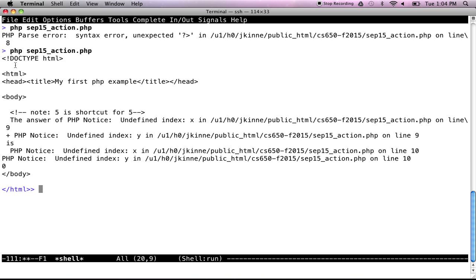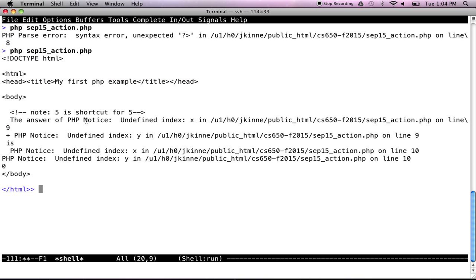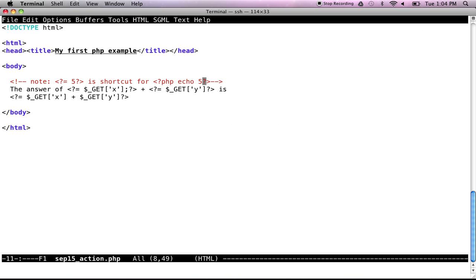It's a PHP file. What does it do? First, it checks that there are no syntax errors in the file. If there are no syntax errors, you're going from top to bottom, and anywhere there's just HTML, it's going to print that out to the file. Anywhere there's PHP, it's going to run it. We have undefined index x on line 9, which is there.